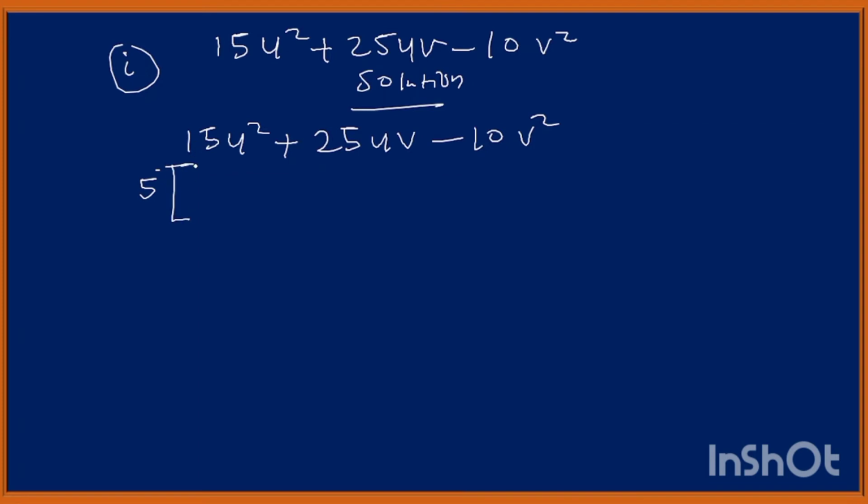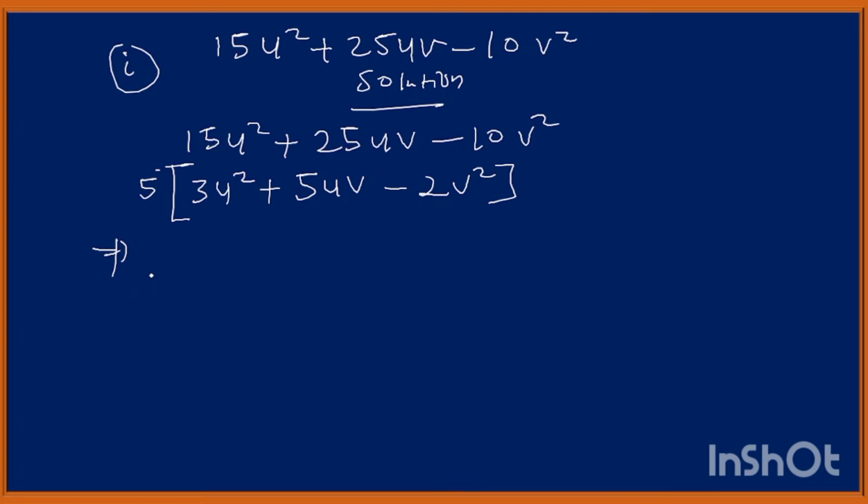So 15 divided by 5 will give me 3u square plus 25 divided by 5 will give me 5uv. 10v square divided by 5 will give me minus 2v squared. So that is wonderful. So what is the next thing we are going to do here? The next thing is we're going to look for the common term. So what is common? And look at how we can actually